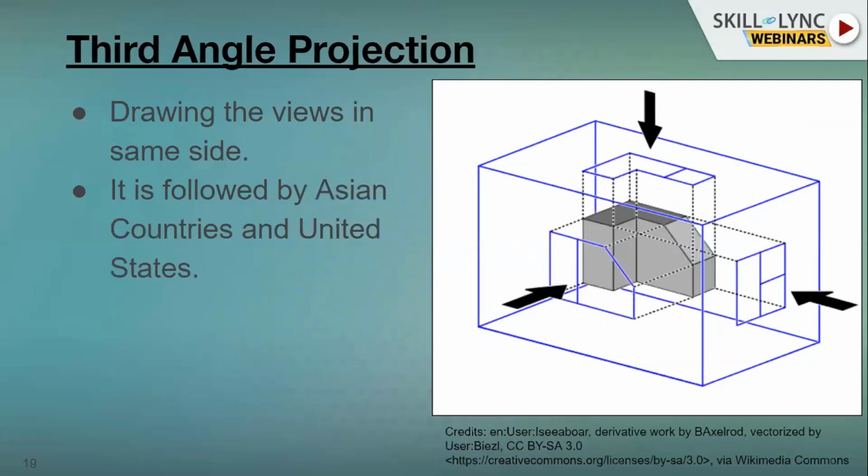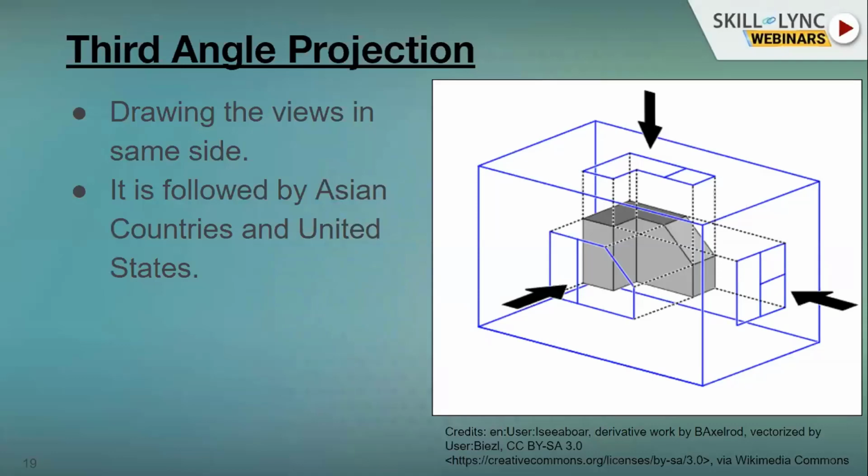And then, as I said, the third angle projection is exactly opposite to the first angle projection. From the image, as you can see, we just make these views on the same side. When you see the top view, you can put it on the top side itself. And when you see the left side of the part, you can put that on the left side.